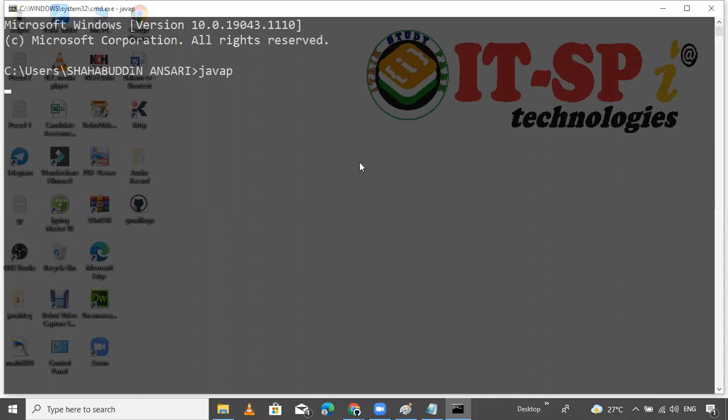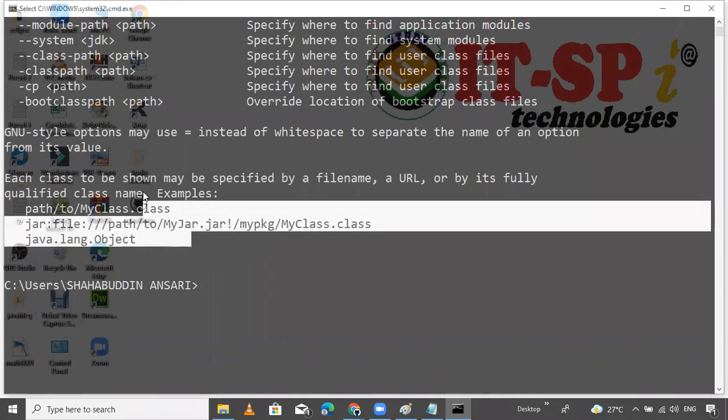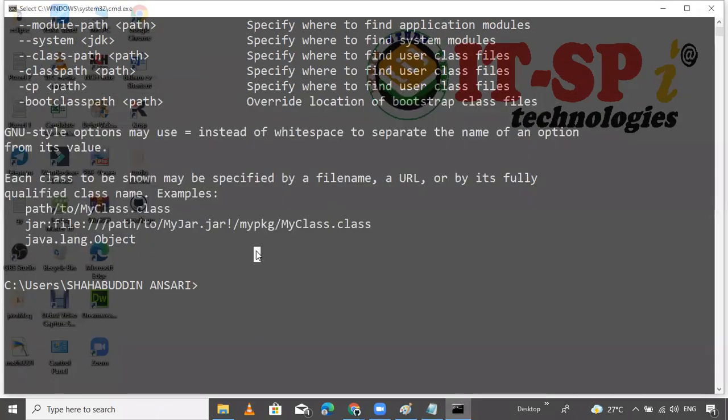Yes, it is there. It means Java exists in my system. Okay, so I want to check javac, which version I have, the Java compiler version, in my system.